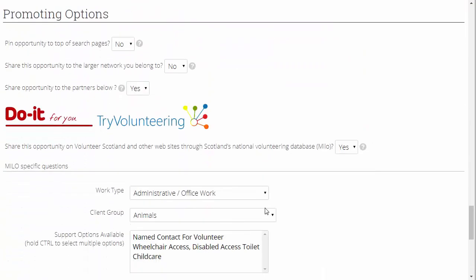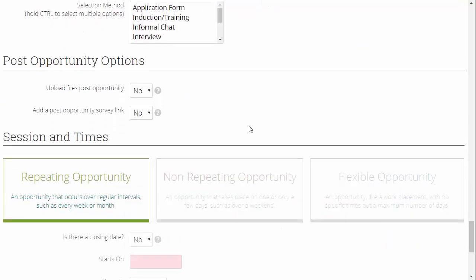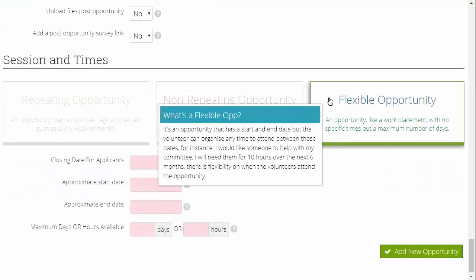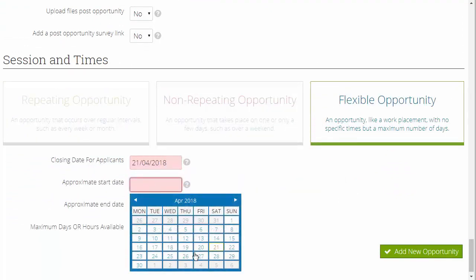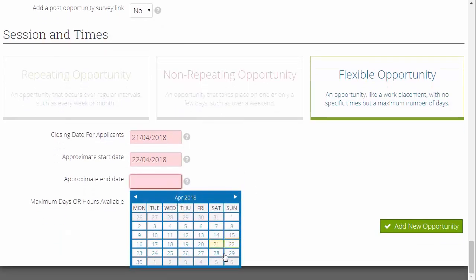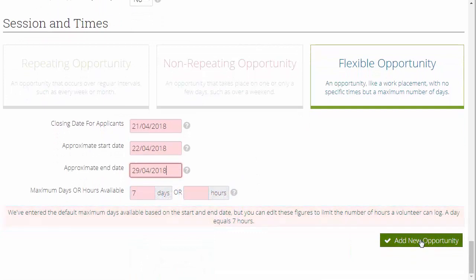Go down here and create the opportunity now. Do this as a flexible opportunity. Closing date's tomorrow, and the starting date is the day after. It's a very quick turnaround, this one. And it goes on for a week. And add the opportunity. Okay, so once that's added,